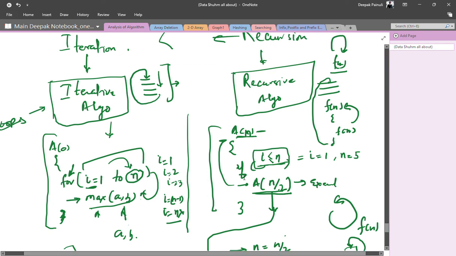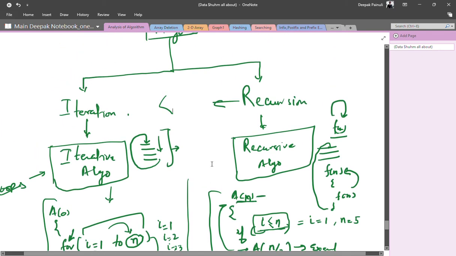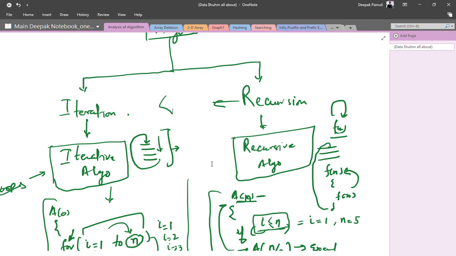So definitely, if you know that iterative algorithms are easier to handle and recursive algorithms are tougher to handle, the analysis will be tougher for your recursive type of algorithm, right guys?